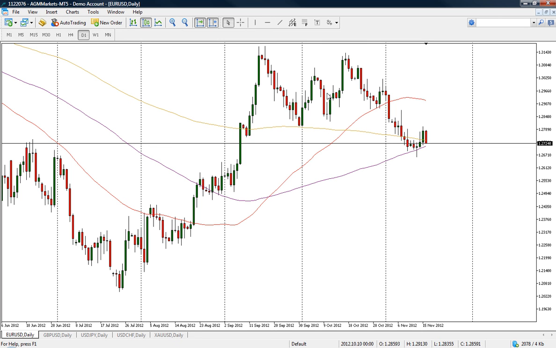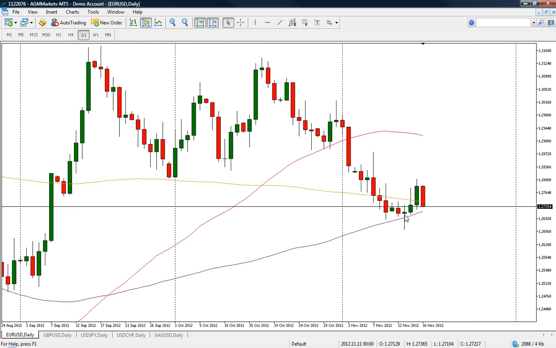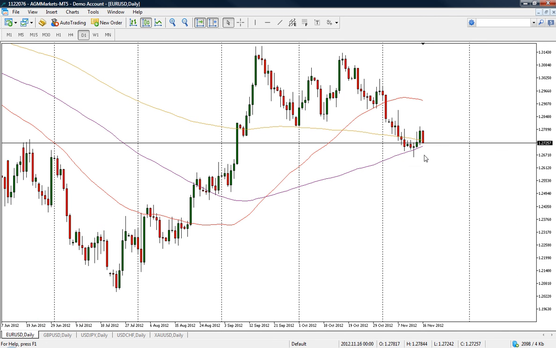Currently, what we've already had this week is a nice bounce off of the 100-day moving average, as you can see, but we are starting to stall. On this current candle here, it's starting to look quite bearish. But I would not be surprised if we did start to pop and bounce back up, because we do have